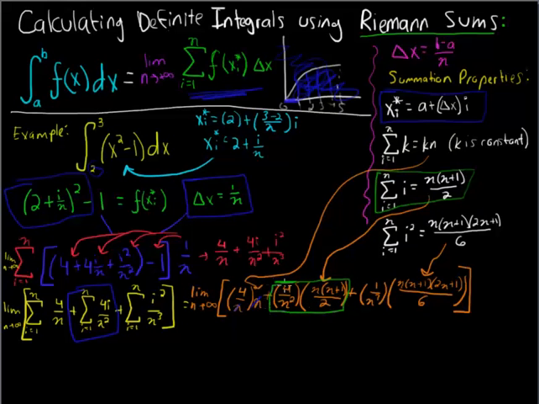And now we're left with the sum from i equals 1 to n of i squared over n cubed. N cubed we can take out of the sum, so 1 over n cubed times, and then this part right here comes from this property right here. When you take the sum of i squared from i equals 1 to n, it equals n times the quantity n plus 1 times the quantity 2n plus 1, all over 6, which is a pretty messy problem, but we'll get through it. And since we're taking the limit as n approaches infinity from these 3 sections,